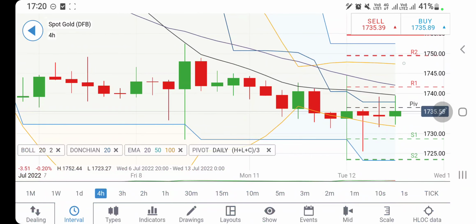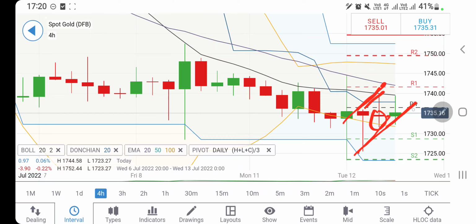Similarly, if you look at the 4-hour charts, you will find these two candles were in red and were with an upward slope. Every time it is trying to pull back, it makes higher highs, higher lows. Now this time it is trying to give a breakout. Also the support here at 1732.33 is strong.